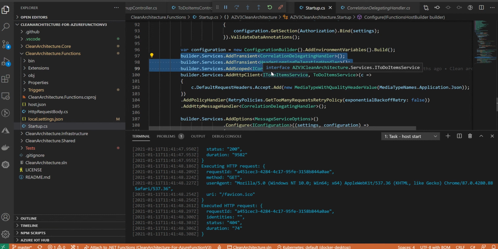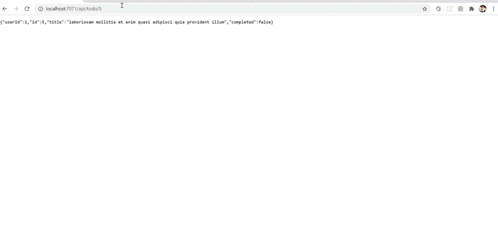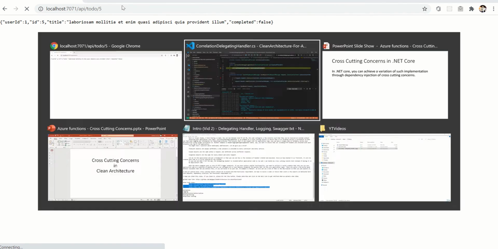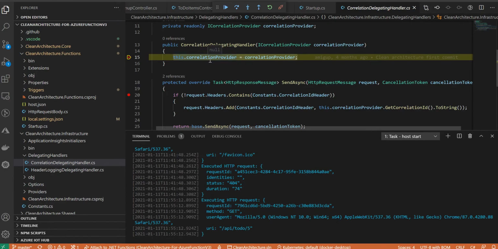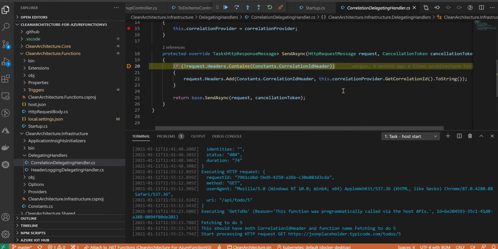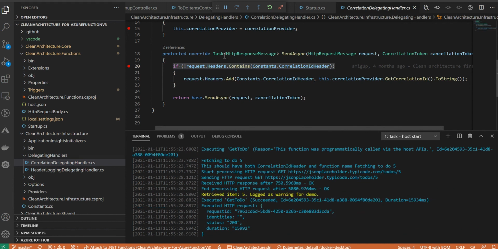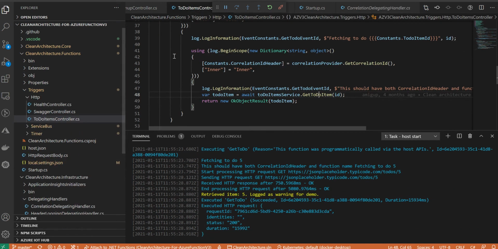Let me run the application and show you how these are getting executed. I already have this application running. Let me try accessing the content. As you can see, my correlation delegating handler is first invoked, and as part of the implementation, our cross-cutting concern first gets involved, and then our actual implementation gets involved.